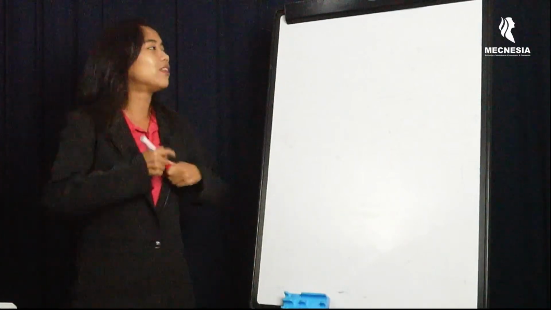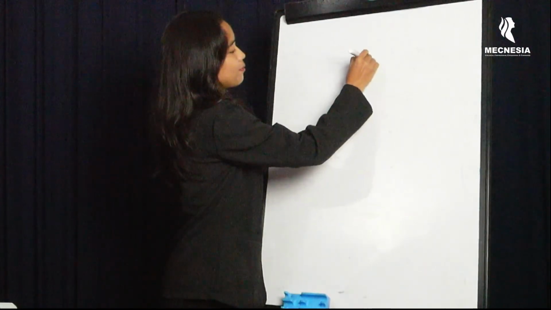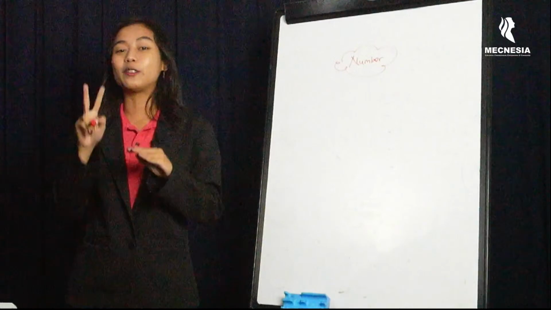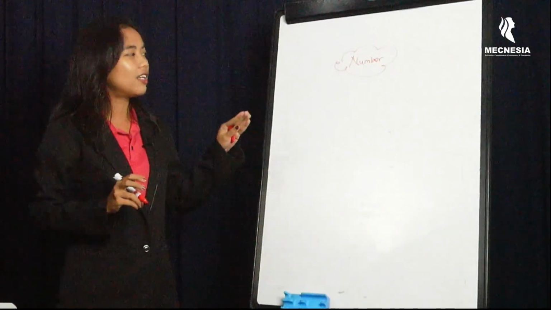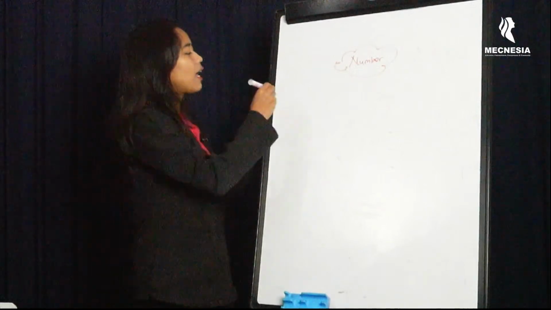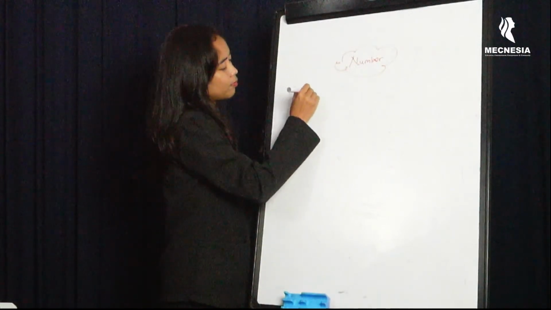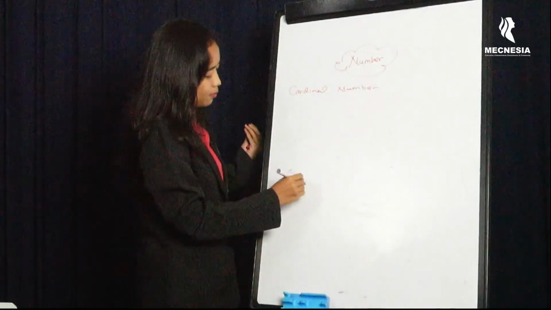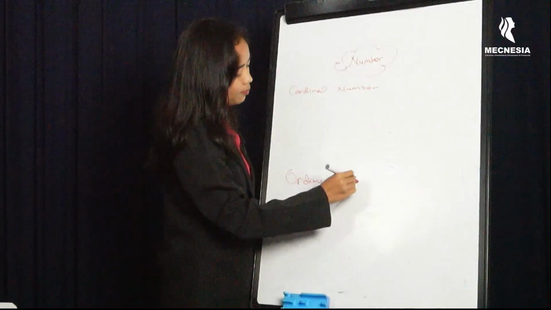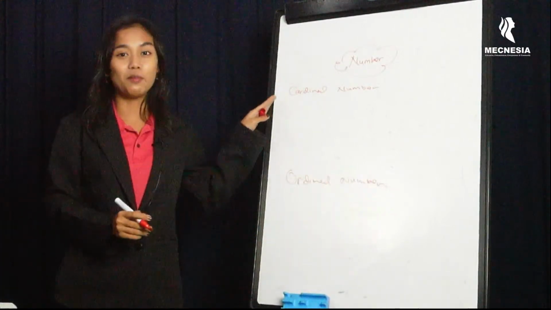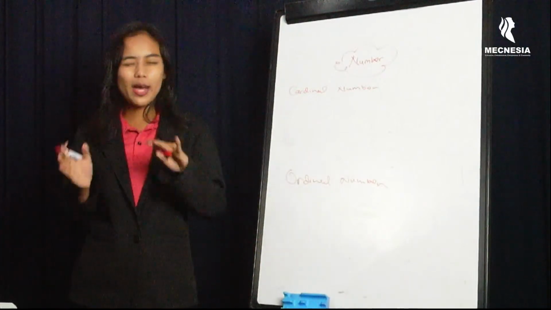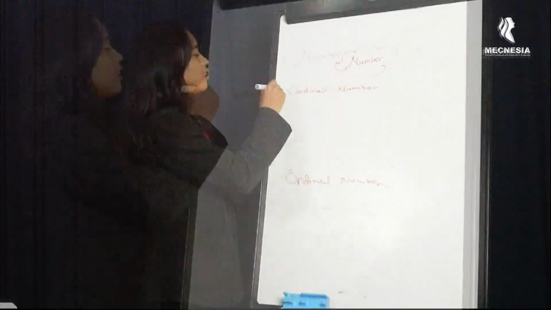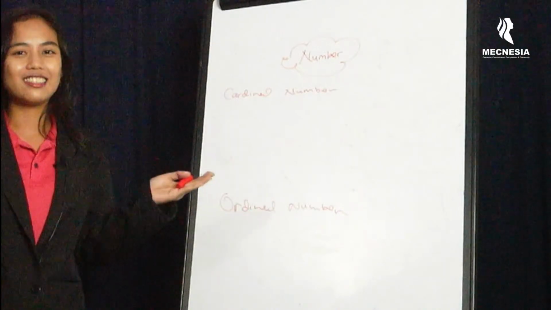And we also talk about number. Number is angka in English. So there are two types of number. Ada dua tipe angka di dalam bahasa Inggris yang kemarin kita bahas. So we have cardinal number and also ordinal number. So, cardinal number is basic number. Basic, biasa. So, cardinal number adalah bilangan biasa. For example, 1, 2, 3, 4, 5, 6, and so on.